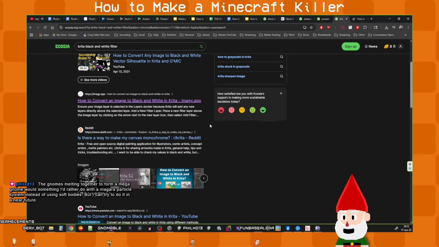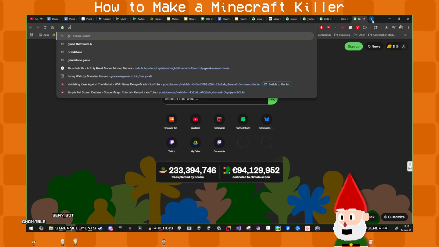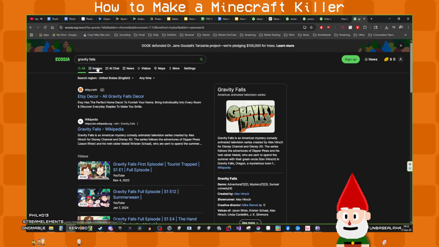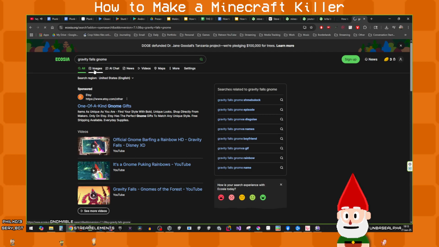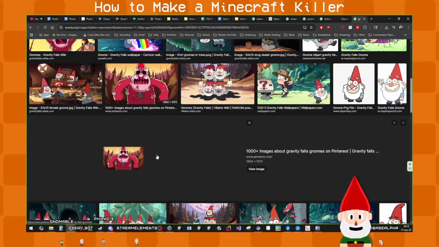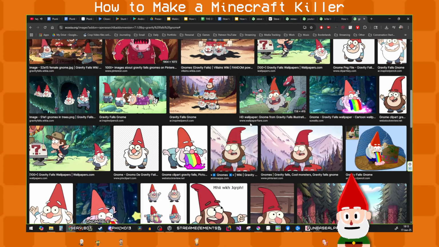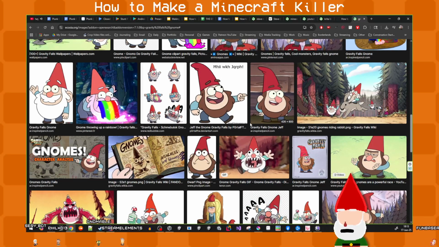Gnomes melting together to form a mega gnome would be something to do in the Niagara particle system instead of using soft bodies, but I can try to do it in the near future. It was just because I think it's literally the first episode of Gravity Falls, the mega gnome, the gnomes that form together to become a giant gnome. Yeah, there we go. This is not the only show or thing to do a swarm of gnomes too, because I know there's also the